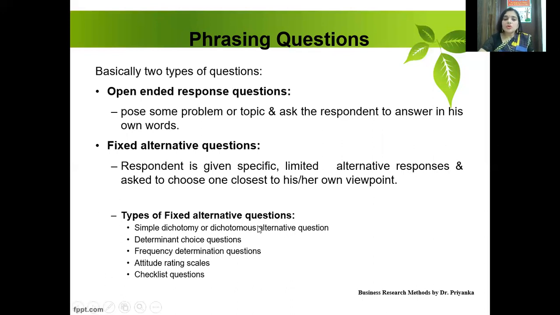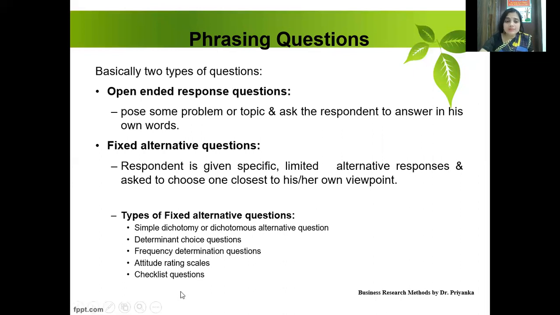Simple dichotomy or dichotomous alternative questions are the questions which would generally have answers in yes or no. Then determinant choice questions means you will be provided with 3, 4, 5 options, and you will be choosing one out of them, like we talk about multiple choice questions. Then frequency determination questions means you will be asked